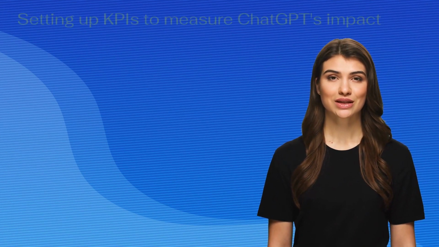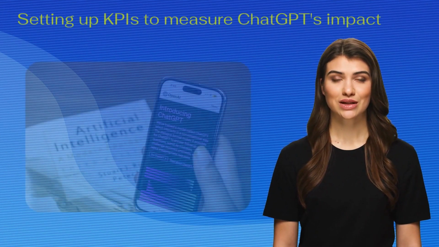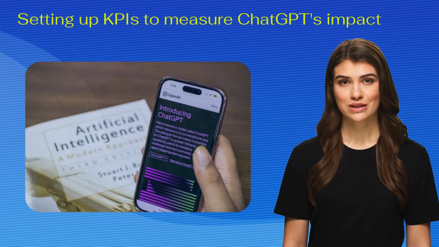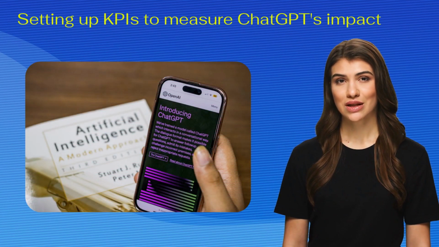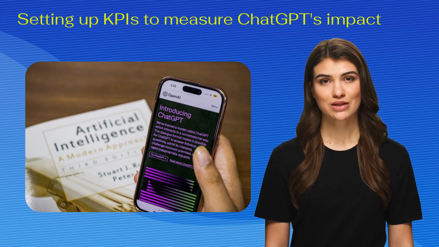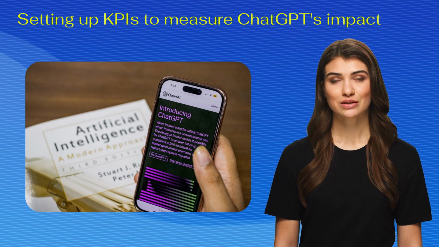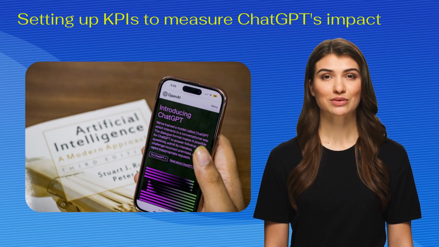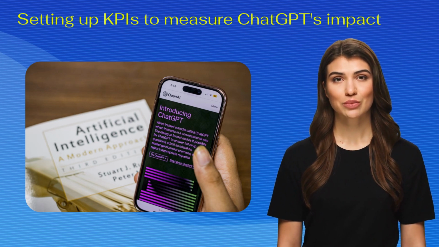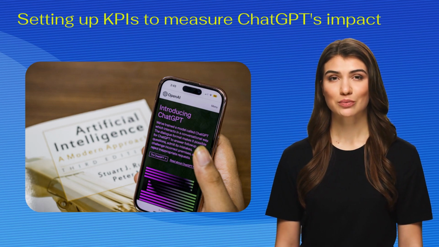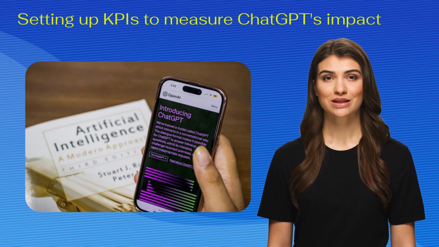Setting up KPIs to measure ChatGPT's impact. Establish KPIs to gauge the effectiveness of your ChatGPT-generated content in achieving your marketing objectives. Some important metrics to consider include engagement rates, clicks, likes, shares, conversion rates, time spent on page, and search engine rankings. Tracking these KPIs over time will help you quantify the value of incorporating ChatGPT into your marketing efforts and